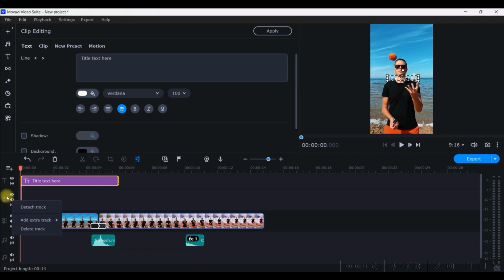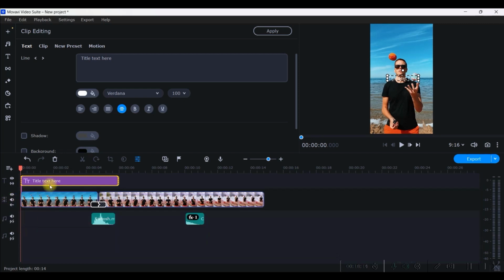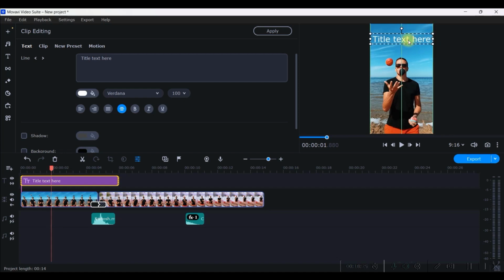I will right click on the extra video track and just delete this track. Now I can just double click on this. It will be selected on my display screen. And I can just drag it here and position it on top and drag it from end to end. Now on the left hand side in this clip editing section, I can change it. Let's say I have written juggling, and I will also change the size since there is a lot of space. So let me do it in this way. Then I will drag it and fit it to the size of this aspect ratio.